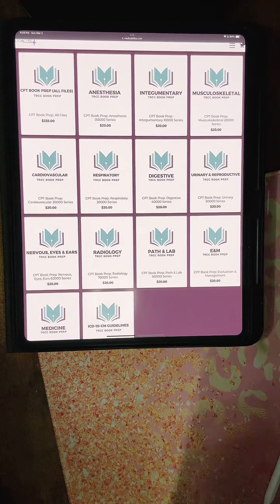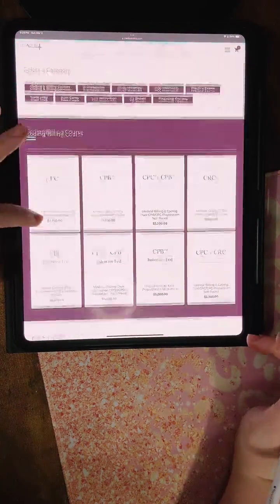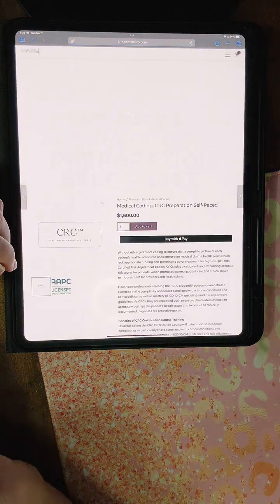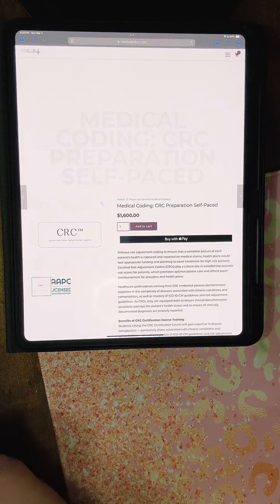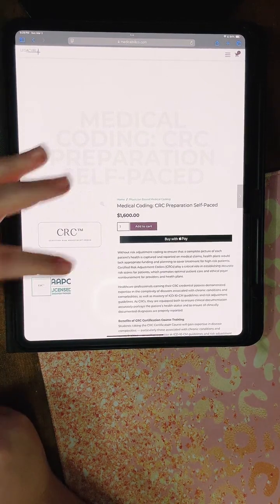Oh, you're wanting to do the CRC course. Yeah, so if you want to do CRC, let me go over that real quick. The CRC course is a self-paced course. You obviously have me as your instructor. You can reach out to me by email. You can schedule a Zoom 30-minute session for coaching, things like that, but it's all